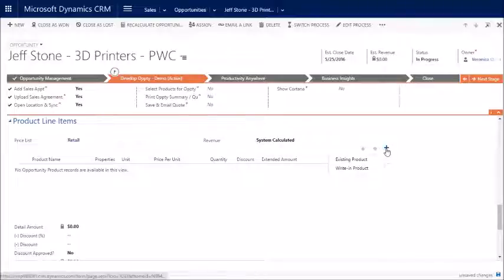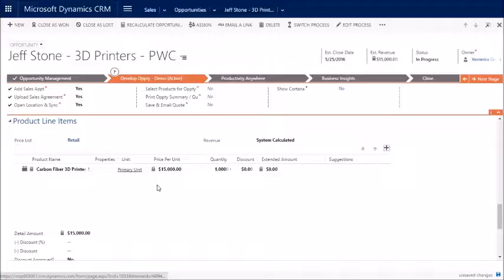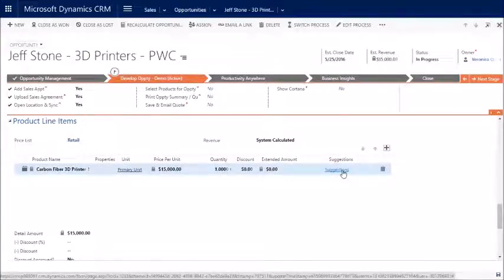I'm going to do system calculated and select existing products. Type the first couple letters of a 3D printer, and I'm going for the carbon fiber 3D printer 20-inch. And I have a nice feature here. I could just sell them the one $15,000 printer, and that's what they asked for, and they'd be satisfied with that. But if I wanted to provide exceptional customer service with better bottom line results, I really should think